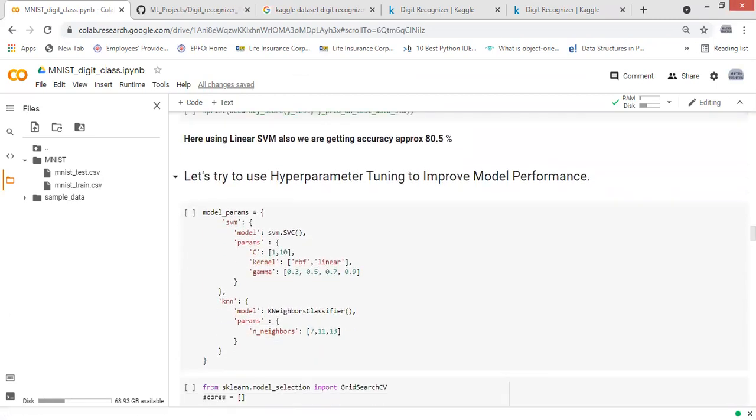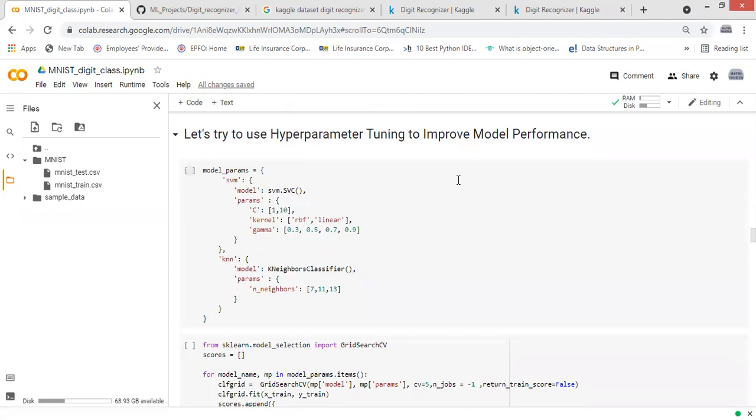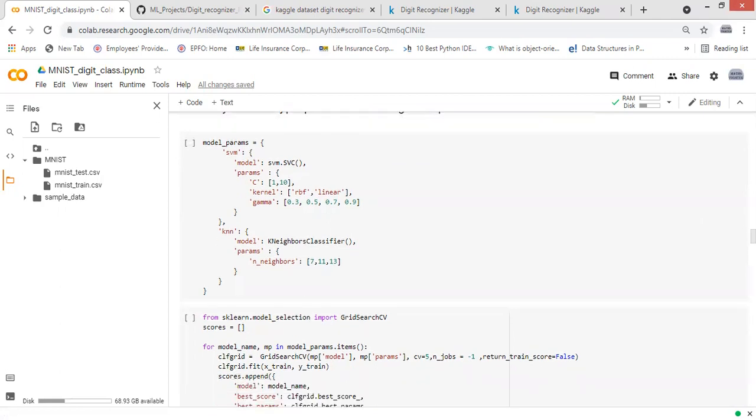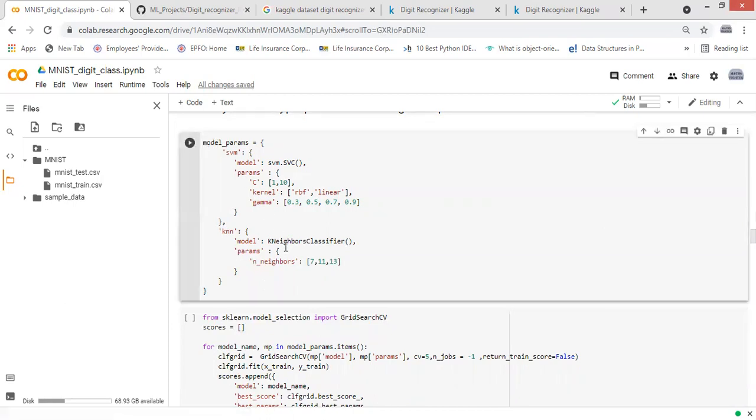Now I have also tried hyperparameter tuning for my KNN and SVM models, but because of the large data set and my system performance not being that fast, I couldn't get the result. But if your system supports it, then you can try this code also.